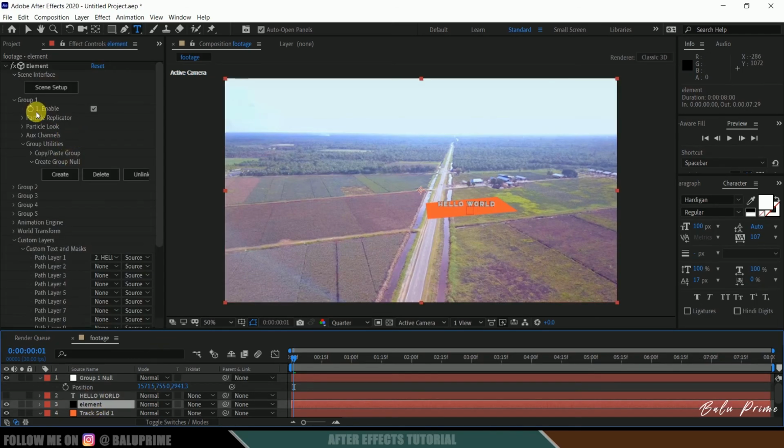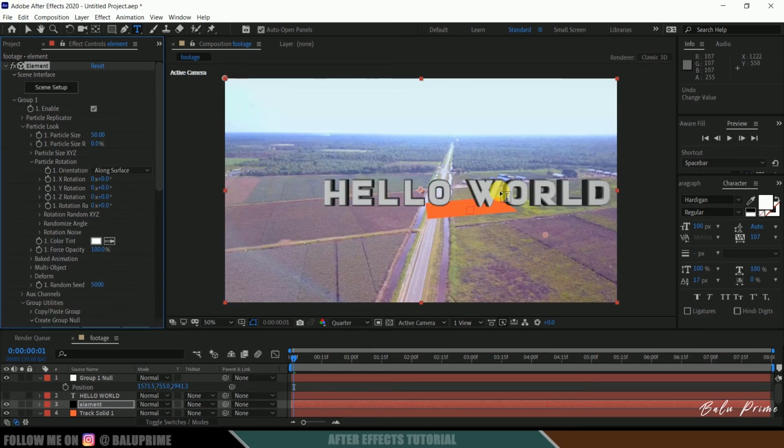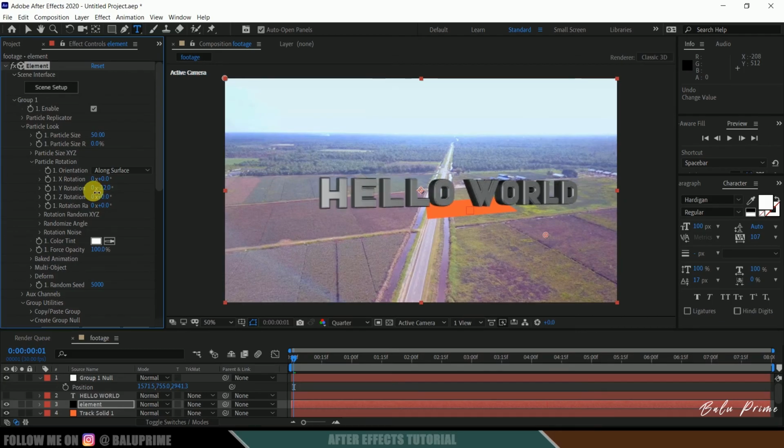Now come to Element once again. Come to particle look and let's increase the scaling. The particle size is 10, so I will increase this to 40. Let me increase this to 50. I will adjust the text as per the perspective of this video. Let me rotate in X, fine.